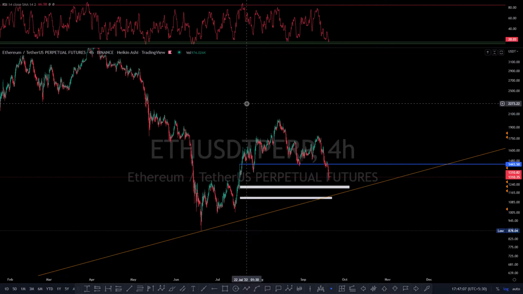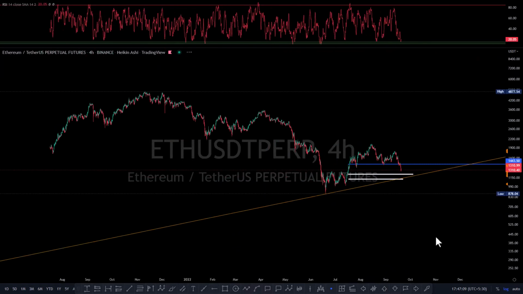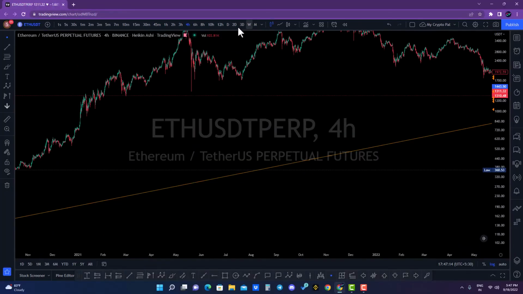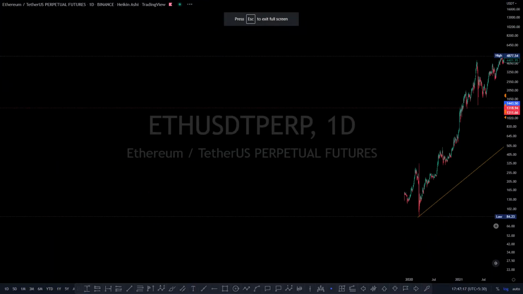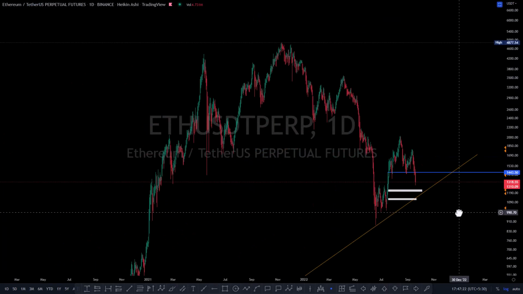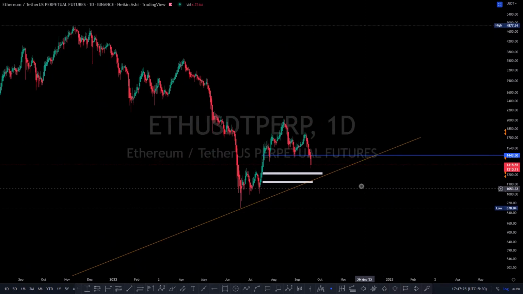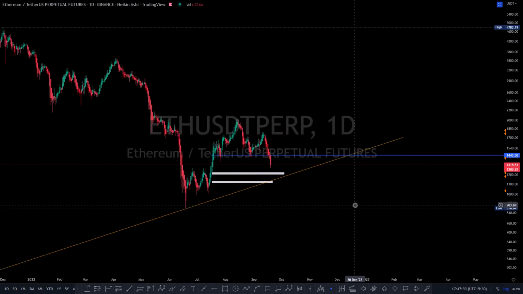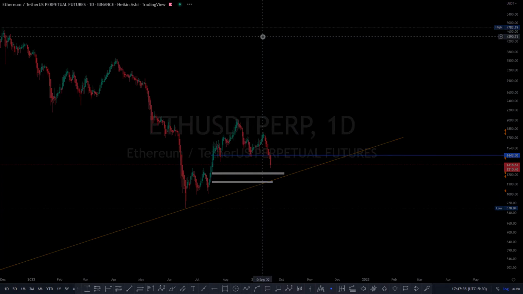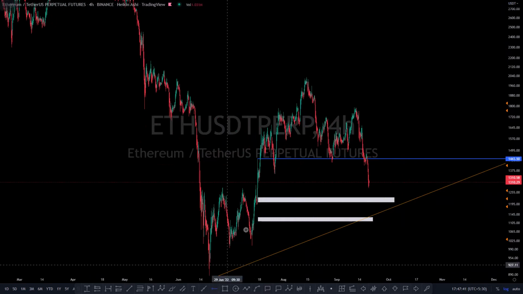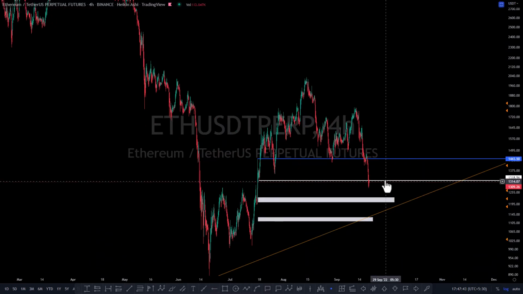Okay, now we are on the 4 hour time frame on ETH, and you can see that this is the trend line which is coming from down. Let me switch to the daily time frame, and you can see that this trend line is coming from here, and I think that if we come and tap this area, it will be a huge reversal zone for ETH over here. But if not, if BTC reverses here, then as you know, ETH will just follow BTC a little bit weaker. As you can see, ETH is looking a little bit weaker, but this was my target on ETH, 1318.